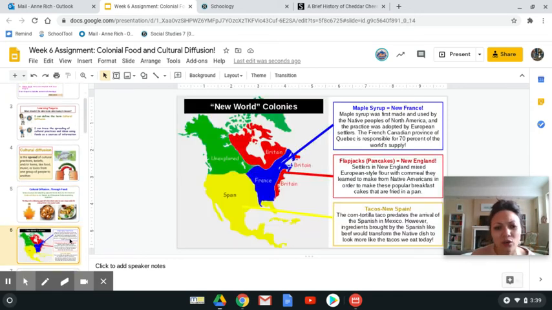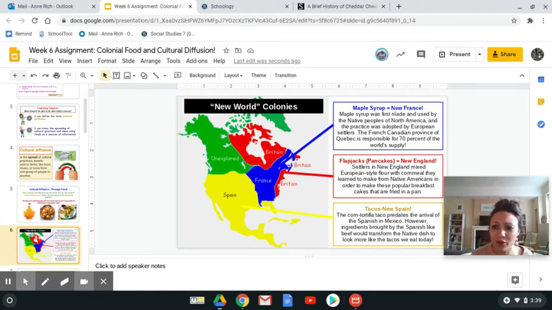So let's take a look at the origins of these foods. As you guys remember from our previous days, North America and South America are going to be called the New World by European settlers. Specifically, we have New Spain, we have New France, and New England, which is the result of the British settlers. So we have settlers from Britain, France, and Spain that are going to come to the New World in this unit that we are in that are going to create certain food groups.